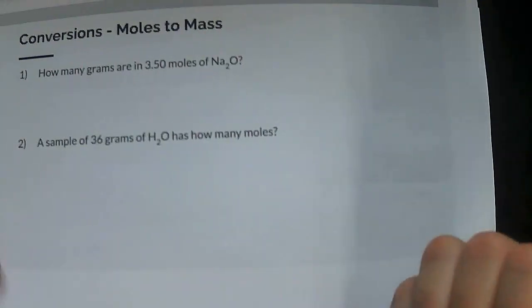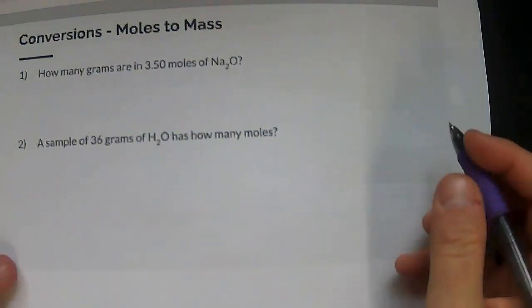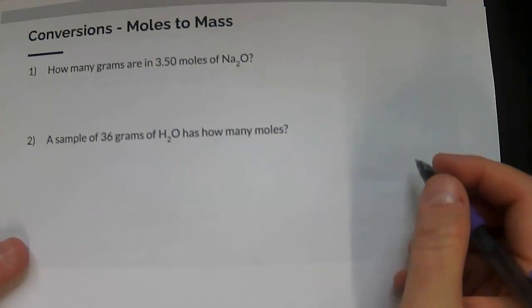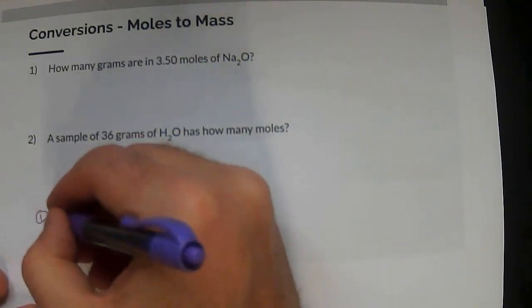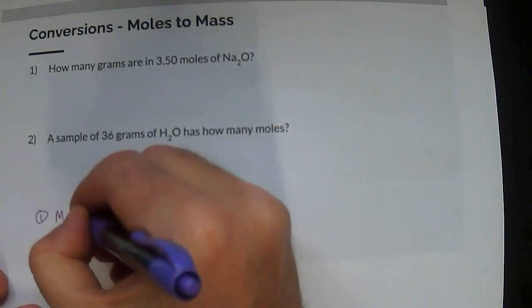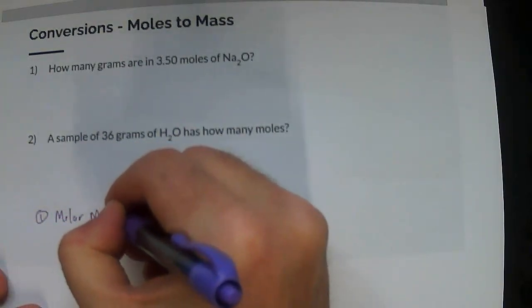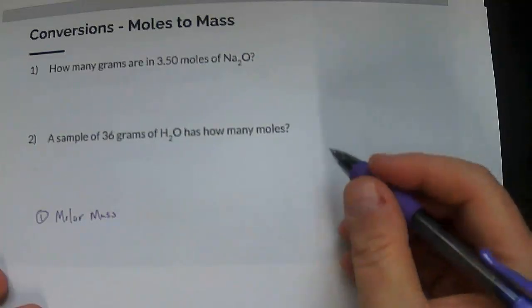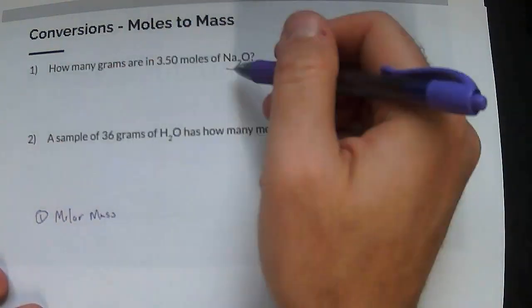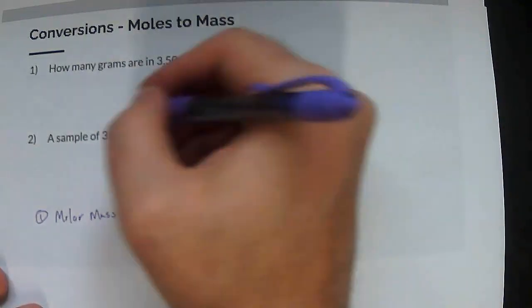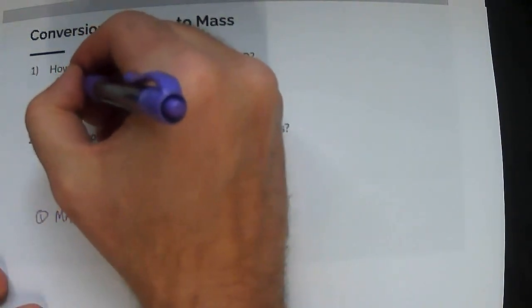Let's set this up. We don't know exactly which way we're going, but here I'm going to write the steps. So now we're going to check molar mass. Is the molar mass given? No, so we have to calculate it. So we'll do molar mass,